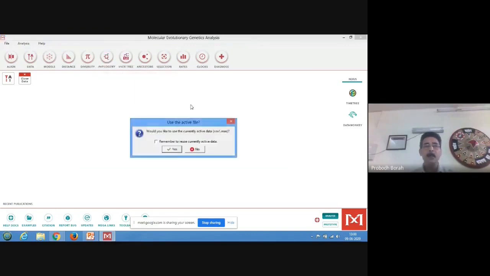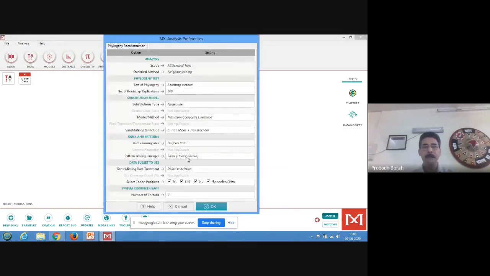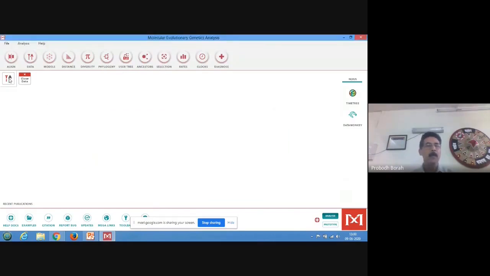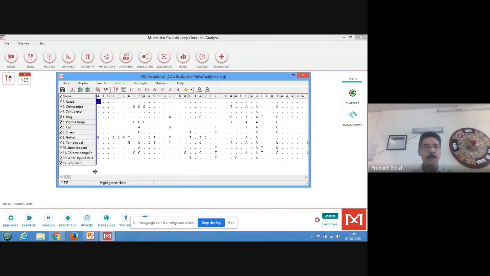Phylogeny, neighbor joining. Sequence pair 13.1. Somewhere in the. Oh, we have selected 13 also. 13 should be omitted. Okay. That was the mistake that we have done. We are to delink this 13. Already we have selected sequence number 13. So this is also having the click. So you have to remove this. Okay. Because that is not a sequence. Already we know. So then close it.